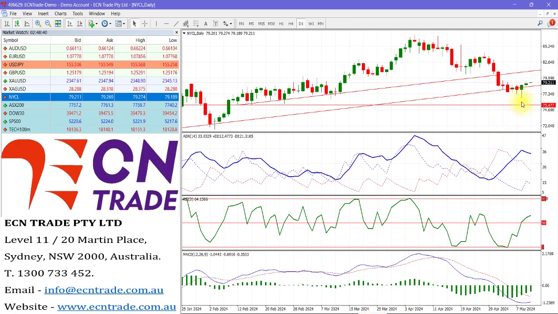Although we have seen 2 days of strength for oil, I'd like to see this pattern continue. And if it doesn't on Friday, then we may see some weakness back into next week and look down towards $75 a barrel. But let's see if the break of $79 can continue on and look towards this resistance line around 81.